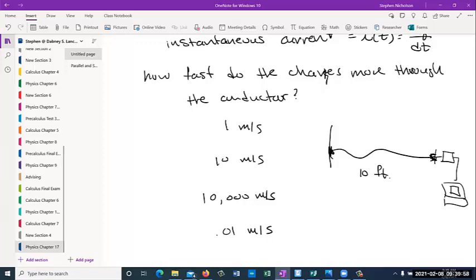Well, so it's interesting what happens here, because let me explain what's going on. Here's your conductor, and you have electrons, and the electrons are not tightly bound to the conductor. That's why it's a conductor. They're not tightly bound to the molecule. So you have these electrons that are kind of wandering around randomly. So there's no